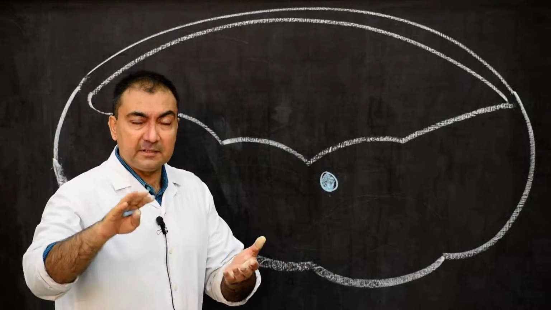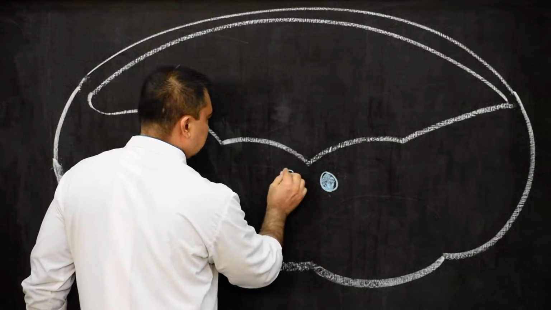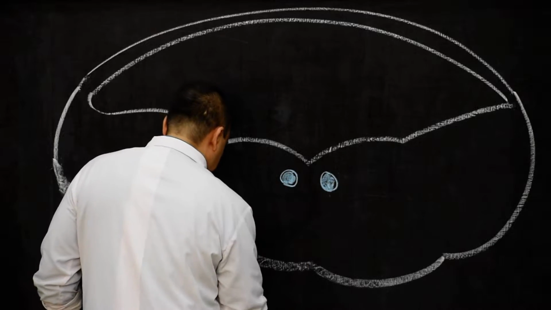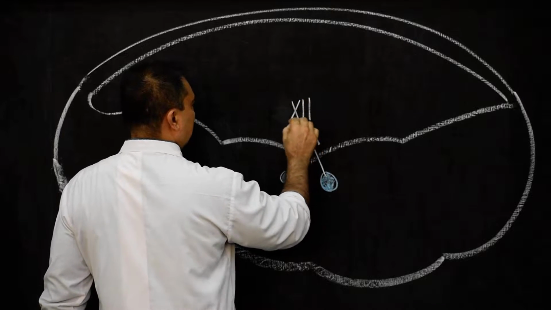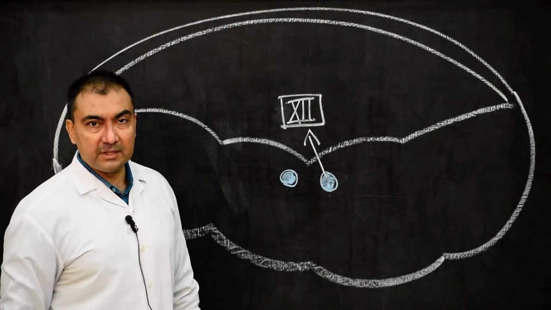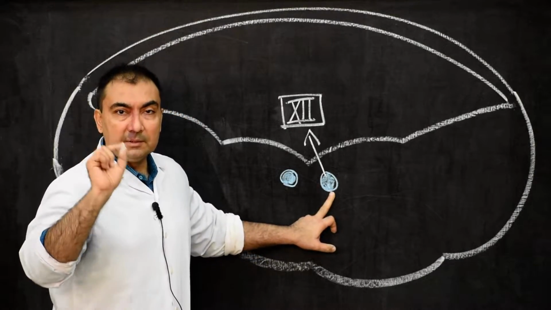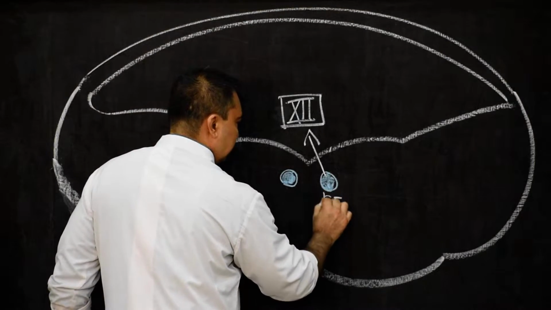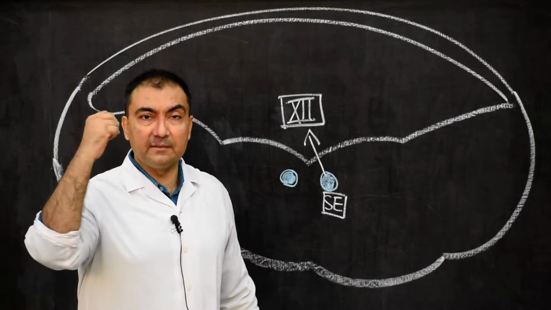If you recollect the gross anatomy, in the cross section of medulla oblongata at a lower level, hypoglossal nerve nucleus was always there. So here we draw the hypoglossal nerve nucleus, and here you have to mention, we will write in Roman numerals so it will occupy less space. This will develop from somatic efferent column. Please note down, so here also you have to write down somatic efferent. This is the only sentence you have to write down: hypoglossal nerve nucleus will develop from somatic efferent column. That will supply the muscles of the tongue.